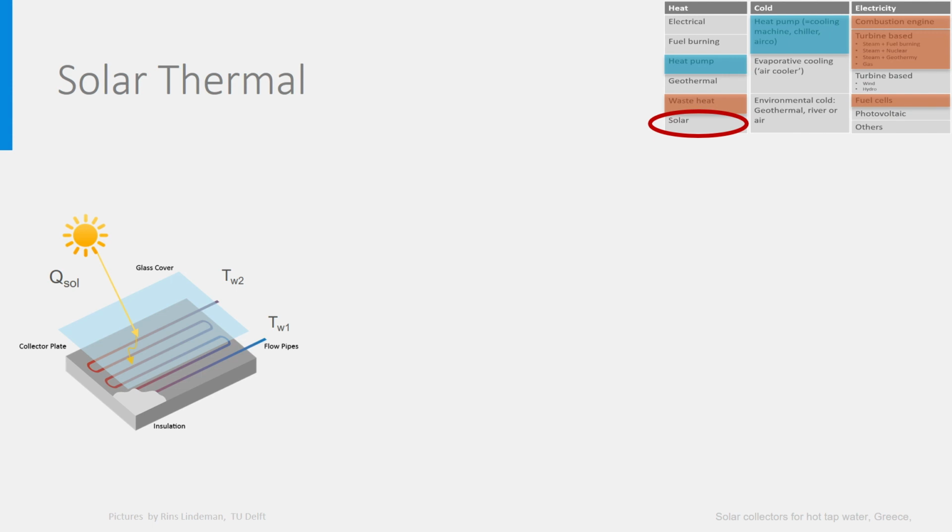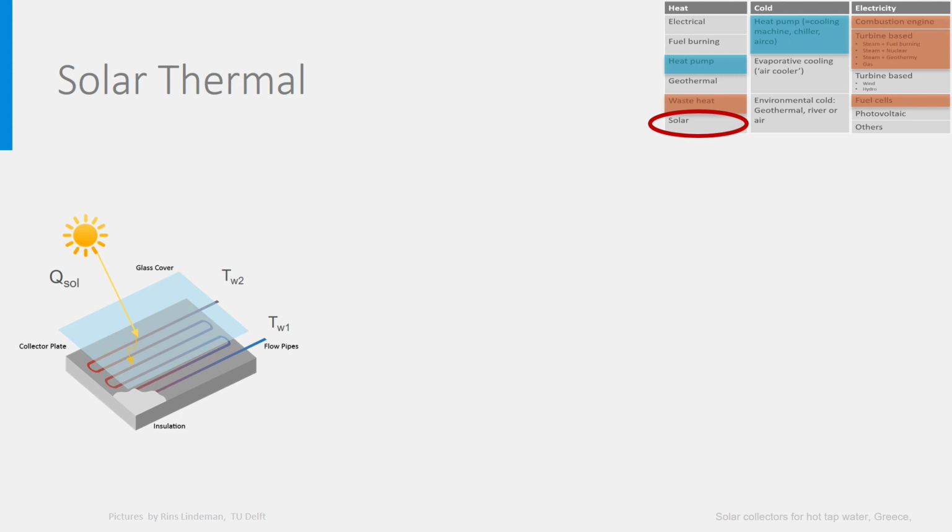Finally, let's look at solar energy. Solar thermal collectors is the name we use when only heat is produced and no electricity. It's just a water pipe, by preference black, to absorb as much as possible solar radiation. The water comes cold in at TW1 and is heated directly by the absorbed solar radiation to TW2. To limit the heat losses, it is quite important to insulate well the backside of the collector and to place a glass cover above the pipe, preferably glass, with a high transmission factor in the light spectrum.